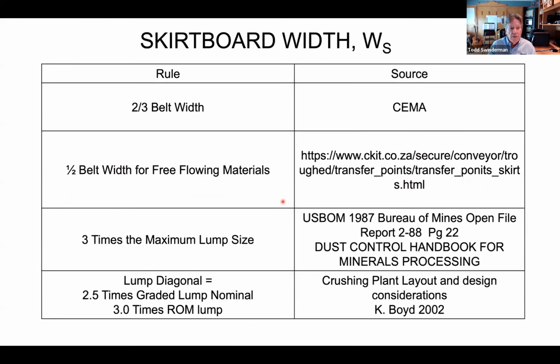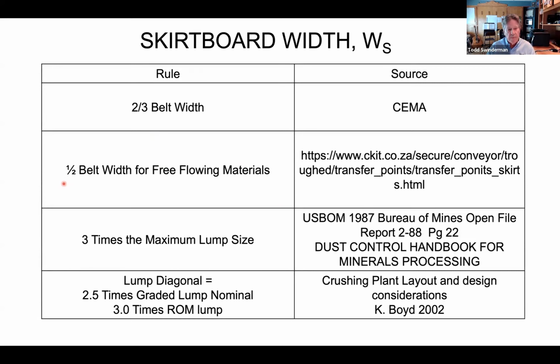As far as the width goes, CEMA says 2/3 of the belt width. So if I have a 36-inch belt, I've got a 24-inch space between my skirt boards. And traditionally, that's the distance between the inside dimension of your skirt boards. But there's all kinds of different